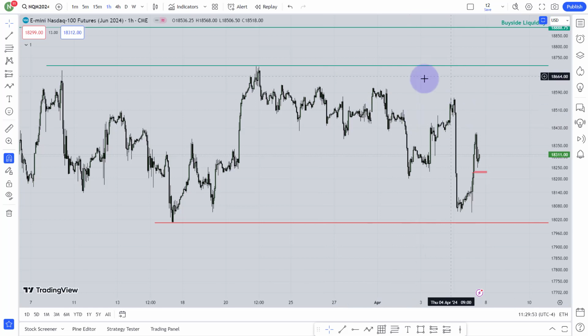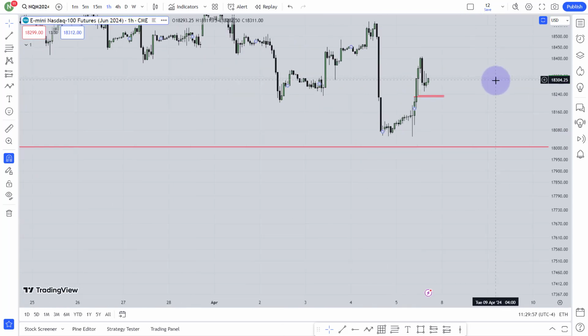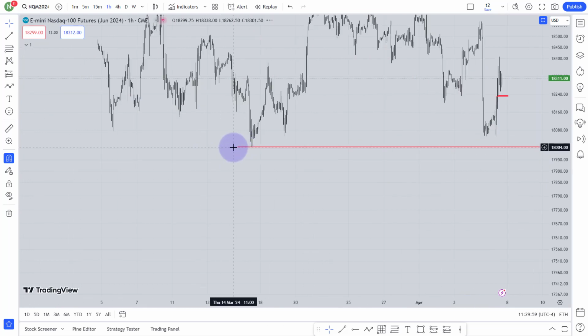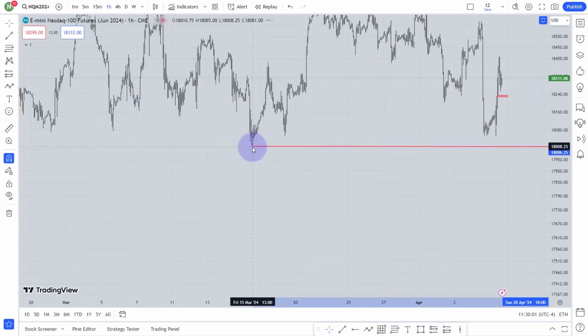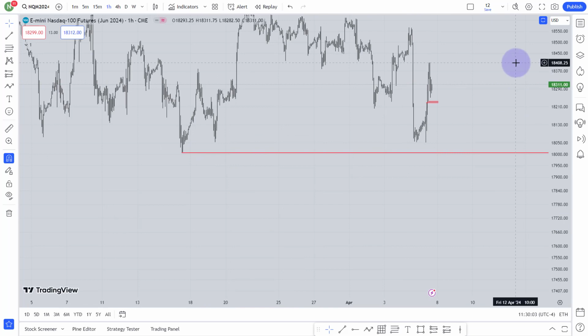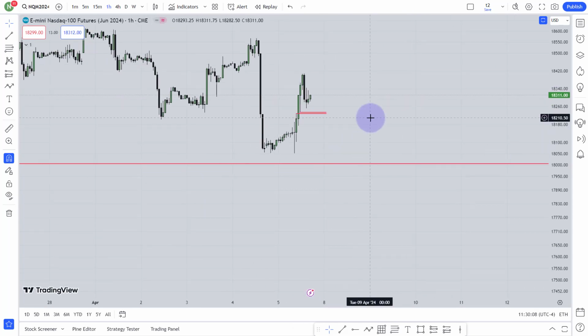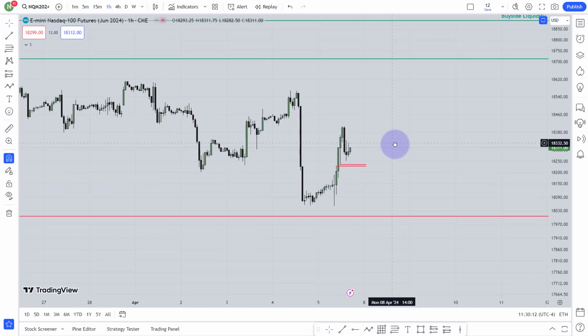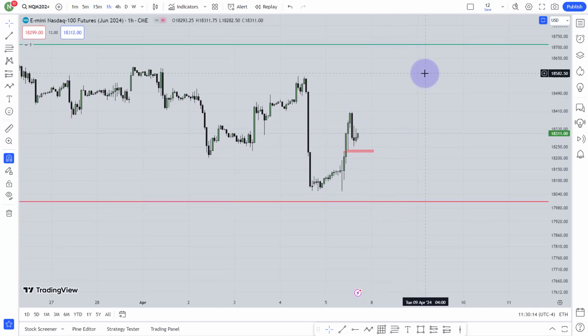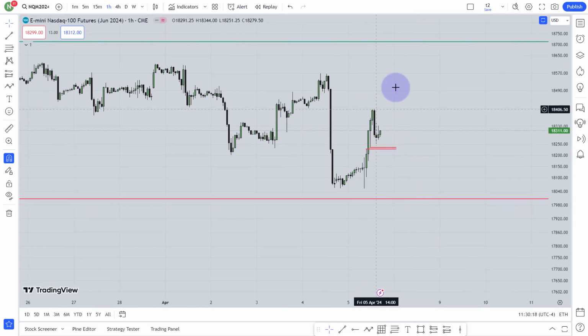I mean, lot of buy side liquidity I have above me, but I don't have that much clean sell side liquidity except this lowest low, which should not be broken in my opinion if market would love to really go higher. That should not be broken, but we will see what we can do. In short, I would love to see market will be bullish. Again, if dollar index is extremely bullish, then it can be bearish. That means market doesn't need to go higher.